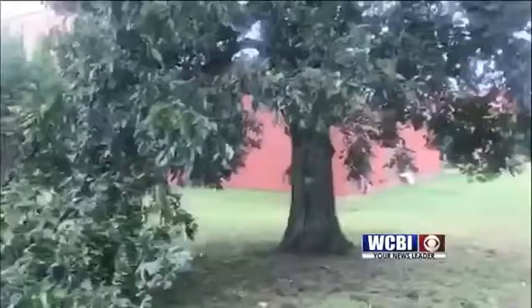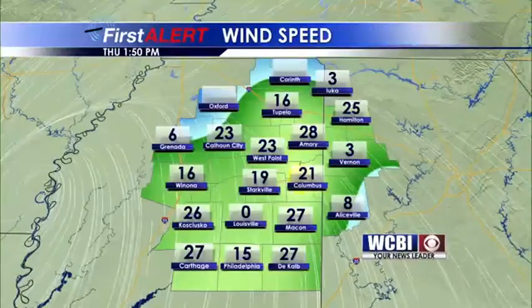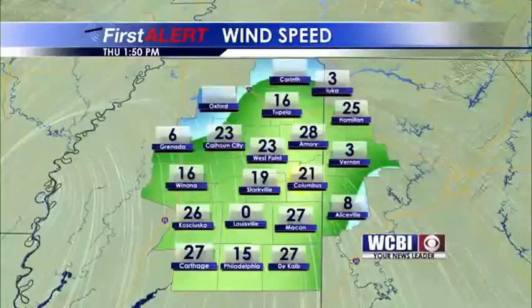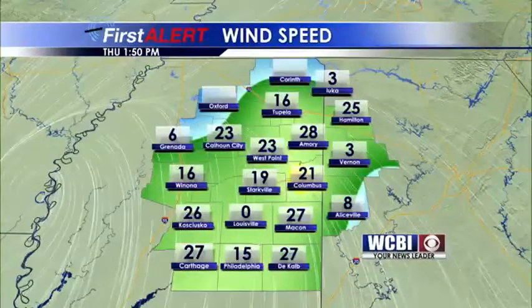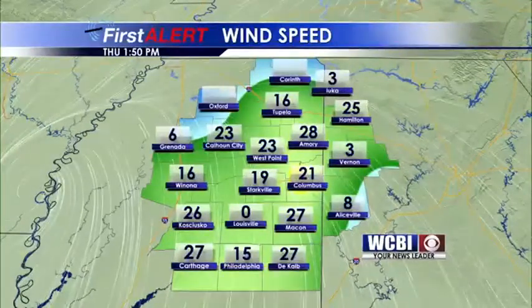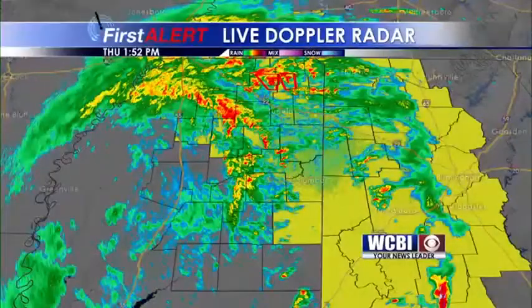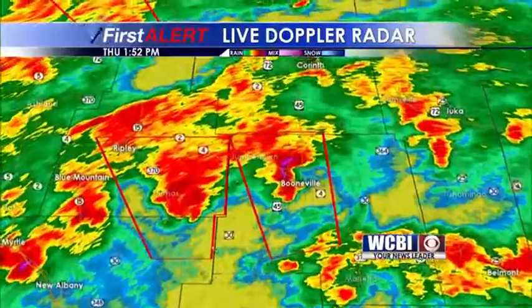And again, we'll be dealing with stuff like this pretty much area-wide as we go through the day today, because those wind speeds are really fairly significant. 20, 30 miles an hour. We'll see gusts to 35, perhaps 40 miles an hour in spots as we go through the rest of the day. So certainly something to keep in mind that there are some impacts from this system outside of these tornado warnings, but obviously the concern for life-threatening weather is with these two tornado warnings we've got in effect right now,